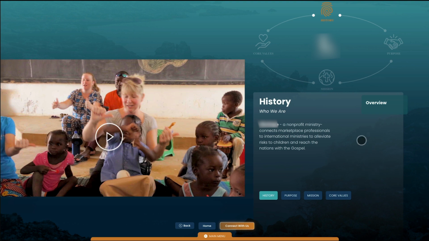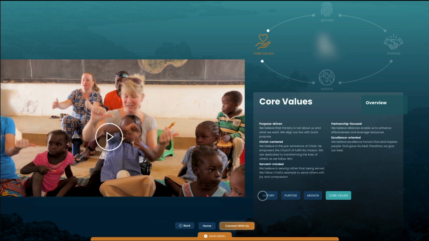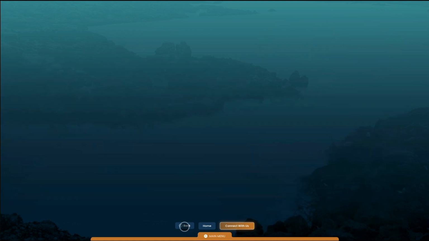On this right-hand side, we have some information about the history, the purpose, the mission, and the core values. You'll notice at the top, we kind of have this map that is highlighting the current section that you're viewing. So if I click purpose, it'll transition to purpose, mission, and core values. Go ahead and go back one page